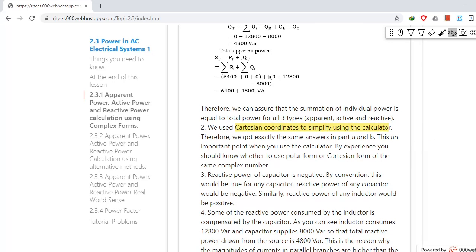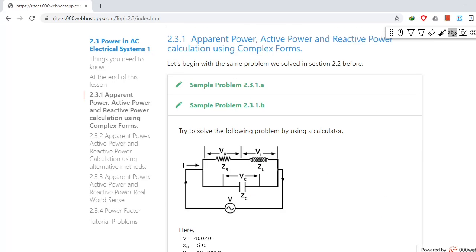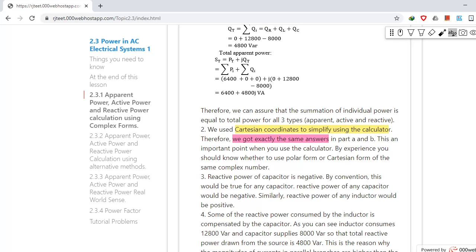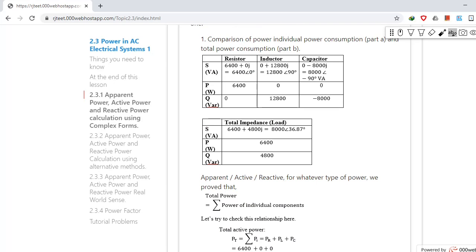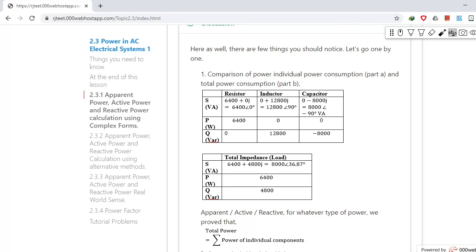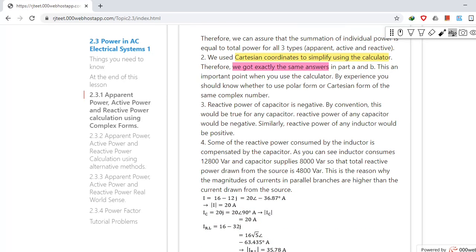we used Cartesian coordinates, therefore we got exactly the same answers, right? That's what I'm talking about. So you need to know which form, polar or Cartesian, should be used in order to get a better answer, right? In the first problem we used the polar form, and it caused some calculation errors in the two parts, part A and part B. So they were not an exact match like in this case because of the polar form. And the next thing is